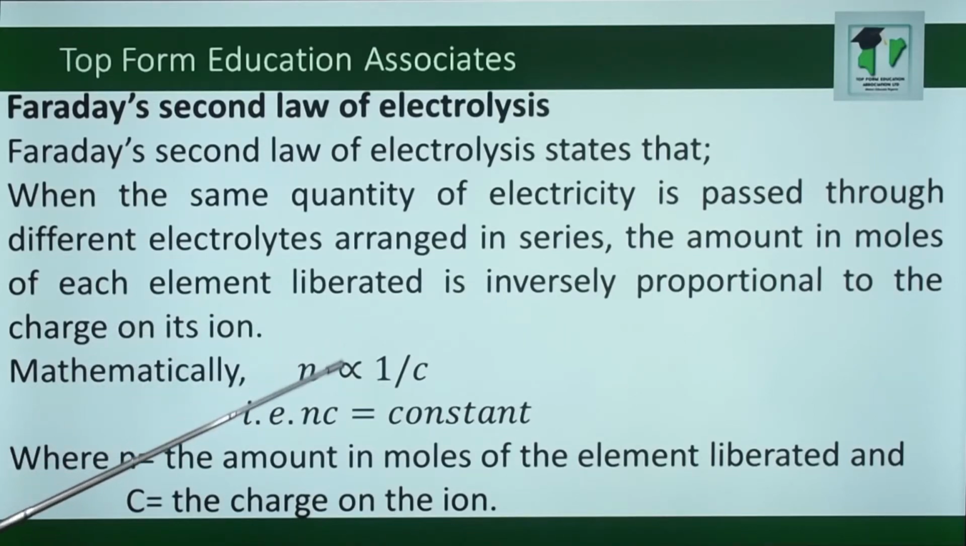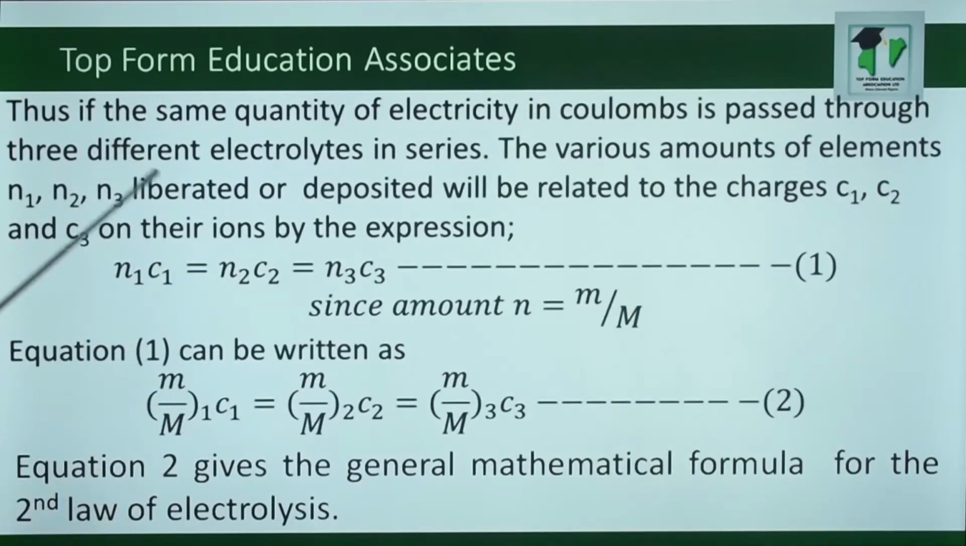Mathematically, we can say that N varies inversely as C. That is, NC is equal to a constant, where N is the amount in moles of the element liberated and C is the charge on the ion. Thus, if the same quantity of electricity in coulombs is passed through three different electrolytes in series, the various amounts of elements N1, N2, N3 liberated or deposited will be related to the charges C1, C2, and C3 on their ions by the expression